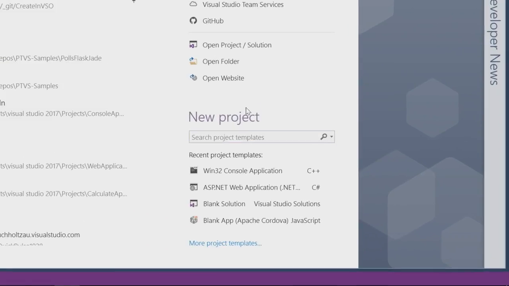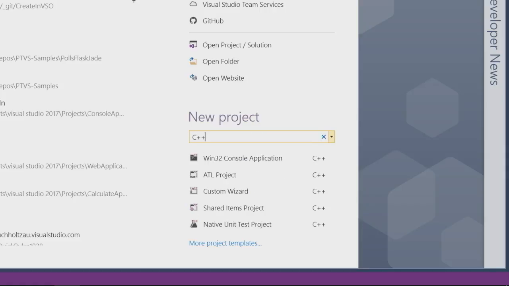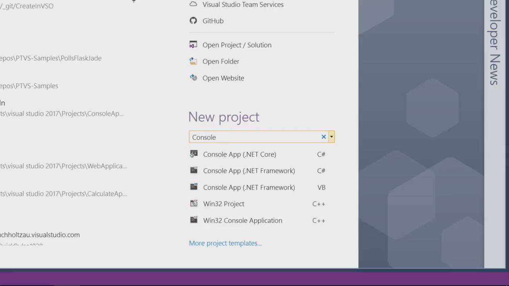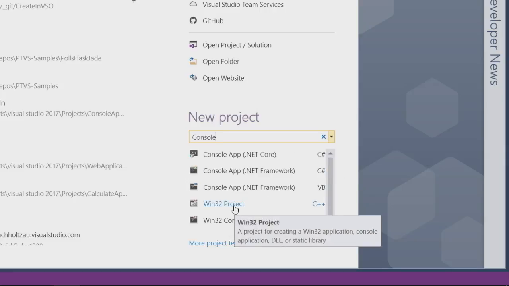Moving on, let's take a look at New Project down here. Instead of just one way to create a new project, as with our old Start page, we actually have 3 ways. First, you could search for whatever project template you'd like. For example, I could search via language with C++, and as you can see, it gives me all templates that have C++ as the language. Or I could search something more generic that's in the title or the project description, such as console. And as you see, it brings up all of the console apps, as well as Win32, which has console in